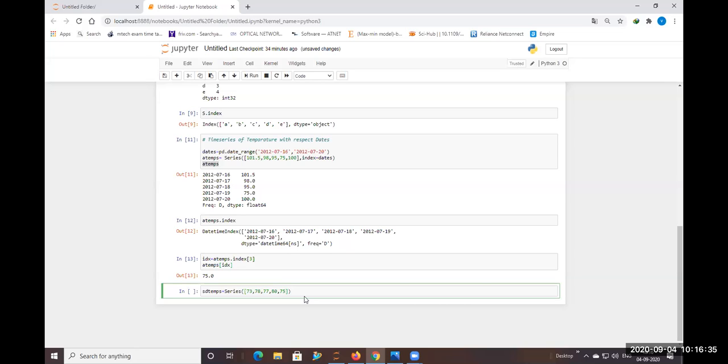I've taken five values here, and let me represent this index with respect to dates. We need to represent the temperatures with respect to the places also, so let me create a temperatures DataFrame with respect to the places.